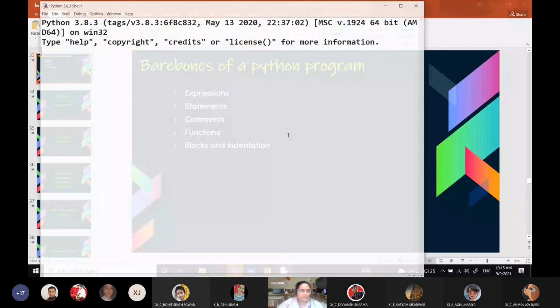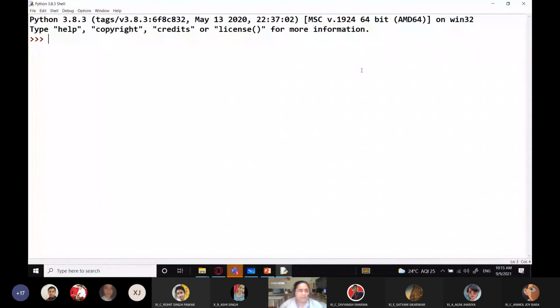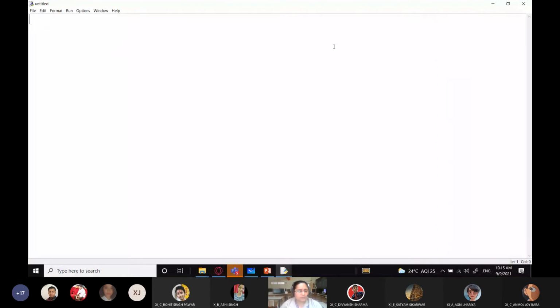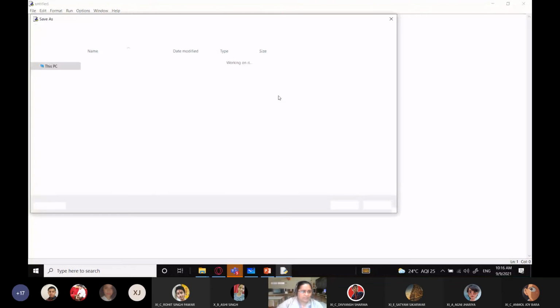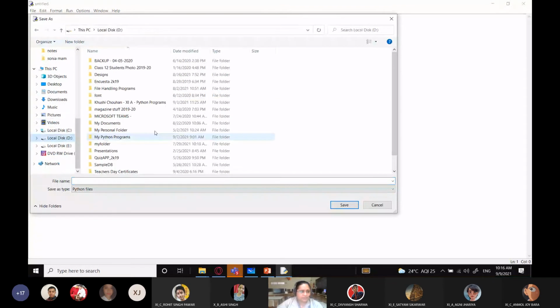So here we are, and students, this is your interactive mode. Kindly refrain from creating programs in this mode, because if you create programs in this mode, you won't be able to save them. Okay, so go to file, click on new file, open a new untitled Python script window and write your program over here. Okay, so I'm saving this, and as I have already made it clear yesterday, you should always organize your work and save your programs in a particular folder.